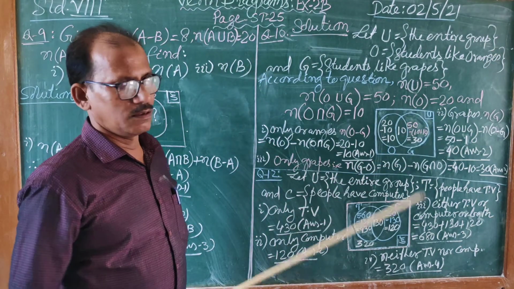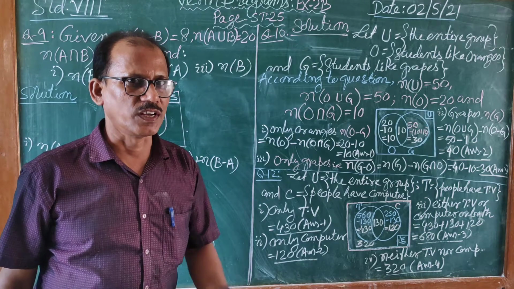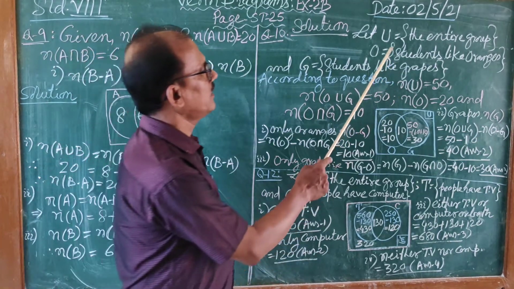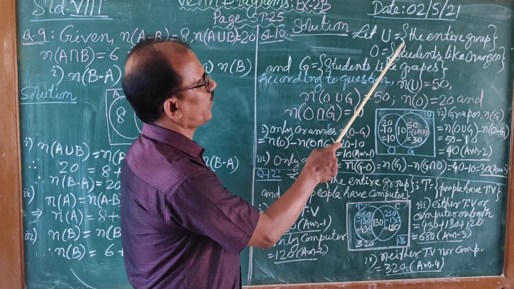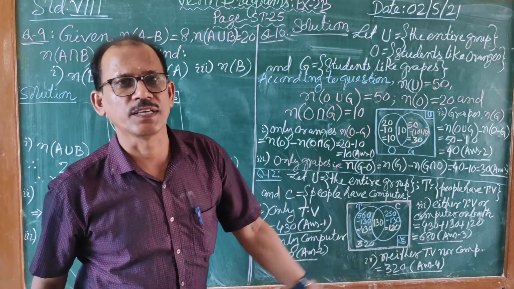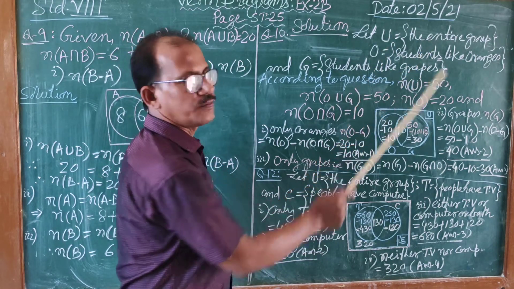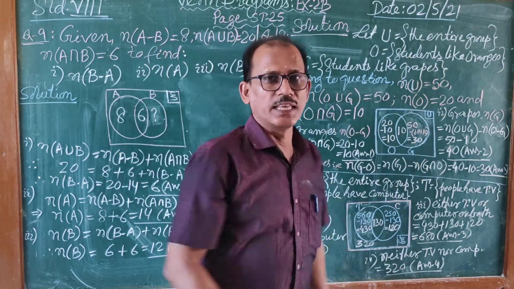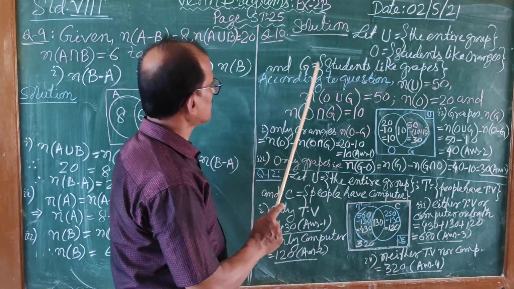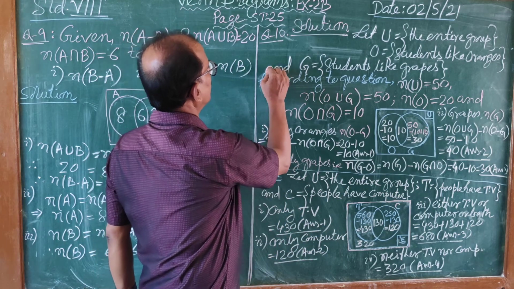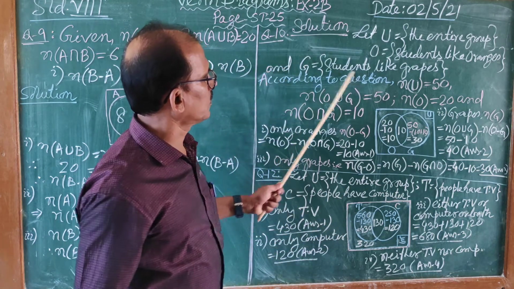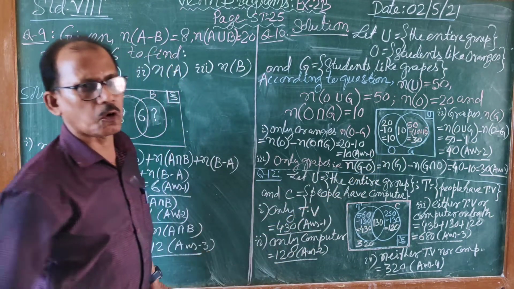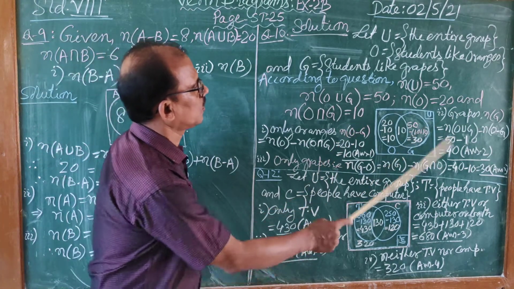Could you understand how you solve the word problems of Venn diagram? I will go slow. See, let the entire group be denoted by set U, and we write down in set form the entire group, that is 50. That means n(U) will be 50. Now let O be the set of students who like oranges, and G the set of students who like grapes. Could you understand? In curly brackets we have named the sets. Now you can very well draw the diagram. It is very simple.